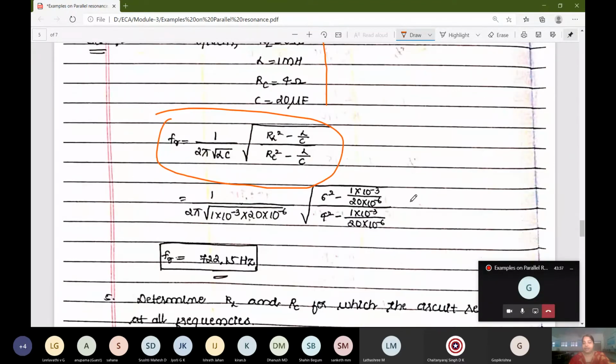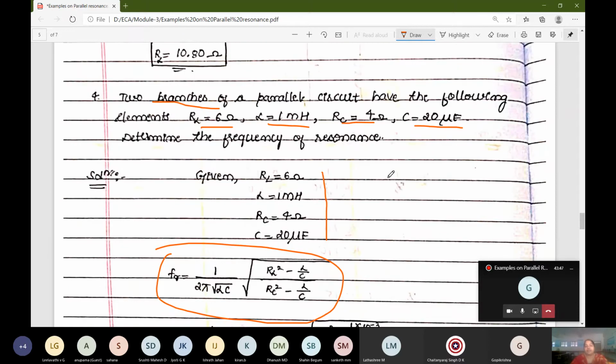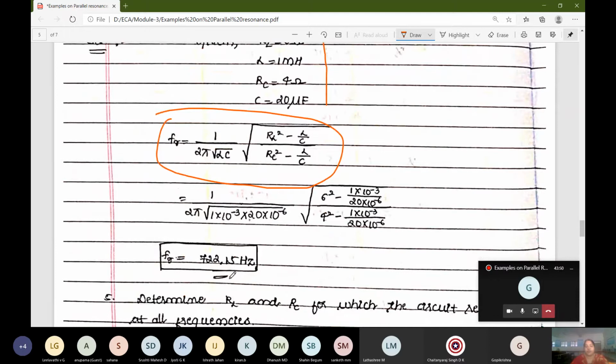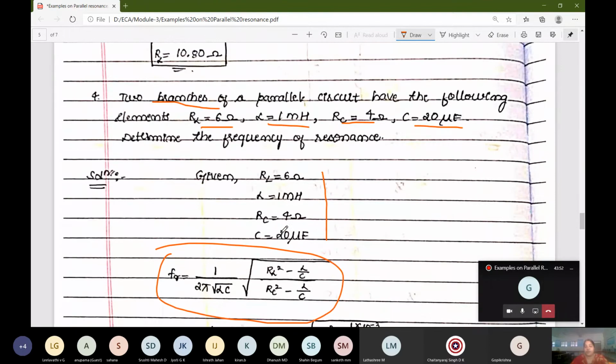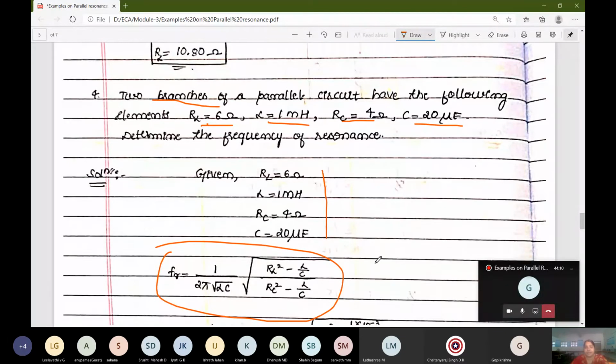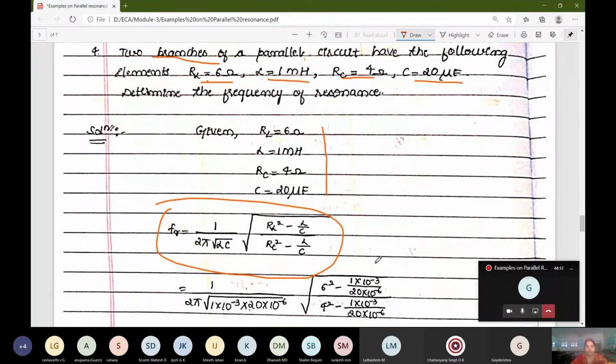Just substitute all the values correctly. Fine. Put it in the calculator. You will get the frequency response. Okay. The frequency at resonance is 722.15 hertz. So depending upon the value, you should decide which network that is, and accordingly you have to take the formula. If it was the first case, then the formula is different. If it was the first case derivation, then they will not give it, the capacitor will not have resistance. Okay, here both are having resistance, so it is the second case. So accordingly you have to take the formula.